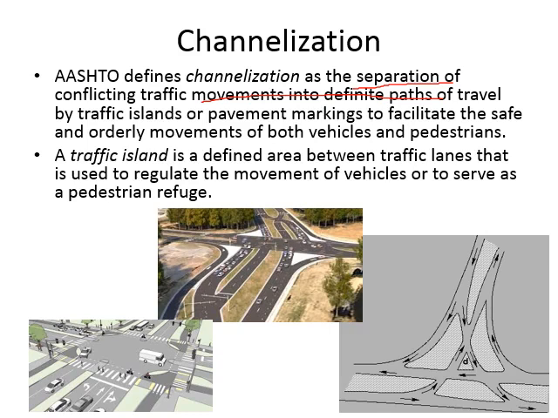go into different directions. So channelization can be achieved through traffic islands. Okay, so you can see these are traffic islands here, different types of traffic islands. All of them are providing channelization. They are basically separating traffic, right? So this one is basically separating the left turning and the right turning. Okay, this one is separating this direction and this direction. Okay, so all of them are basically separating movements.